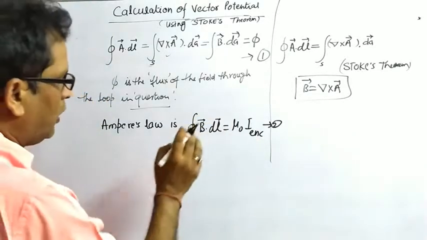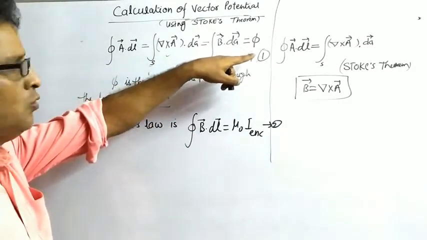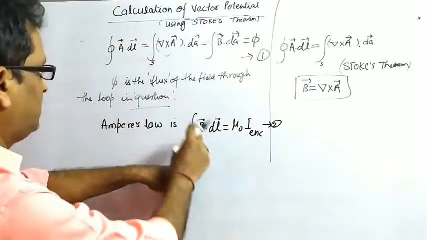So अगर आप इस इक्वेशन 2 और इक्वेशन 1 को ऑब्जर्व करें सो आप पाएंगे कि ये सिमिलर इक्वेशंस हैं,